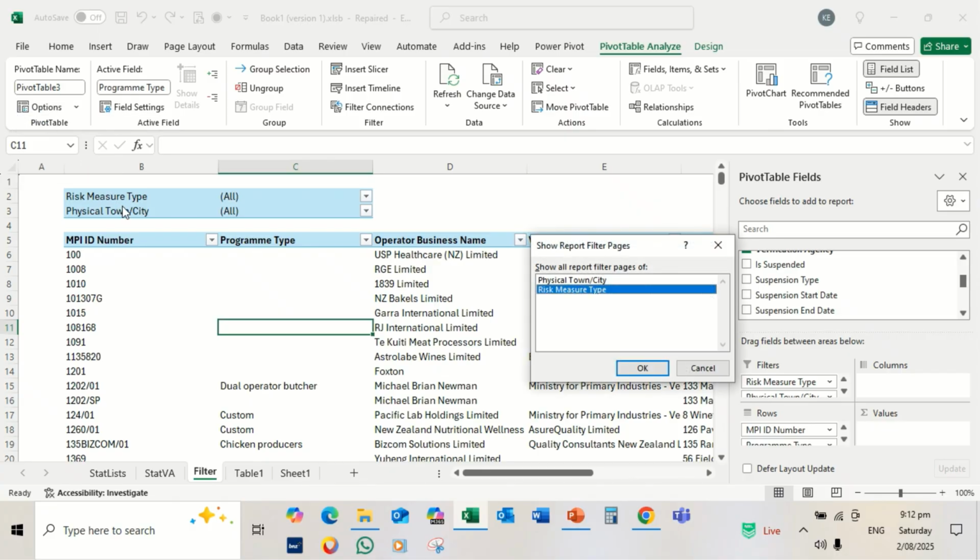Because we got two filters, you select risk management type. But if you need city, of course you can do that. But this time we're trying to show you that you can put each list in a separate sheet. So only by clicking on this one,